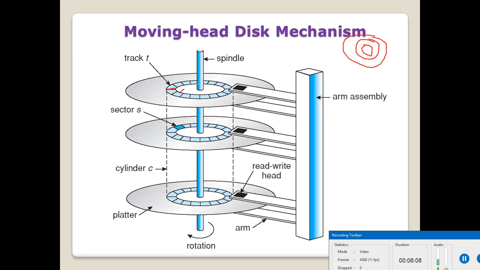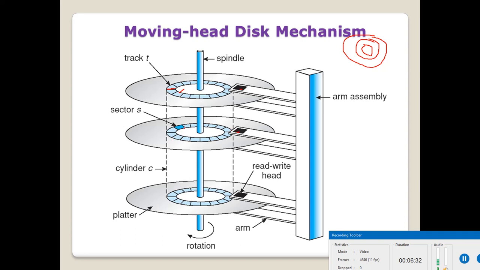Seek time is the time taken by the disk to move the desired track under the read-write head. If you see these black portions, these are the read-write heads. For any information to be read or written, the desired track first of all has to be rotated under the read-write head. When the track is found, then the desired sector has to be rotated under the read-write head.